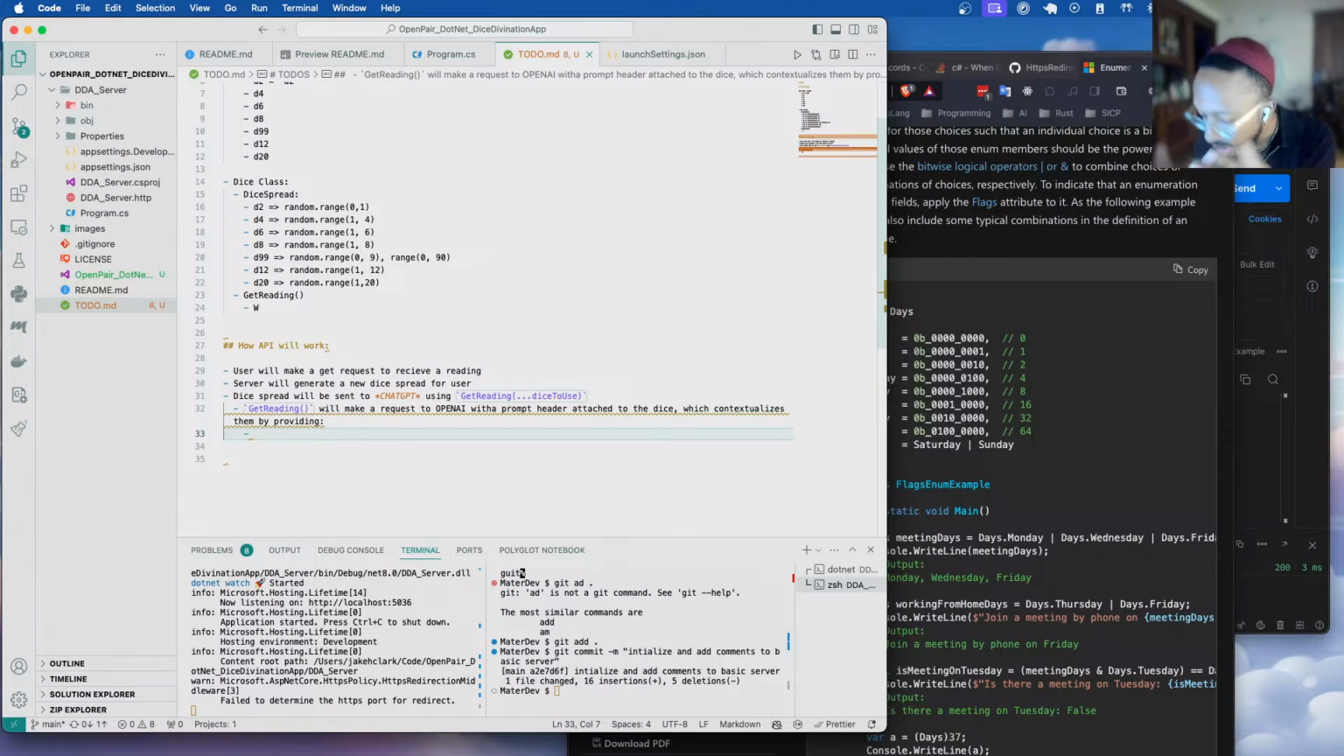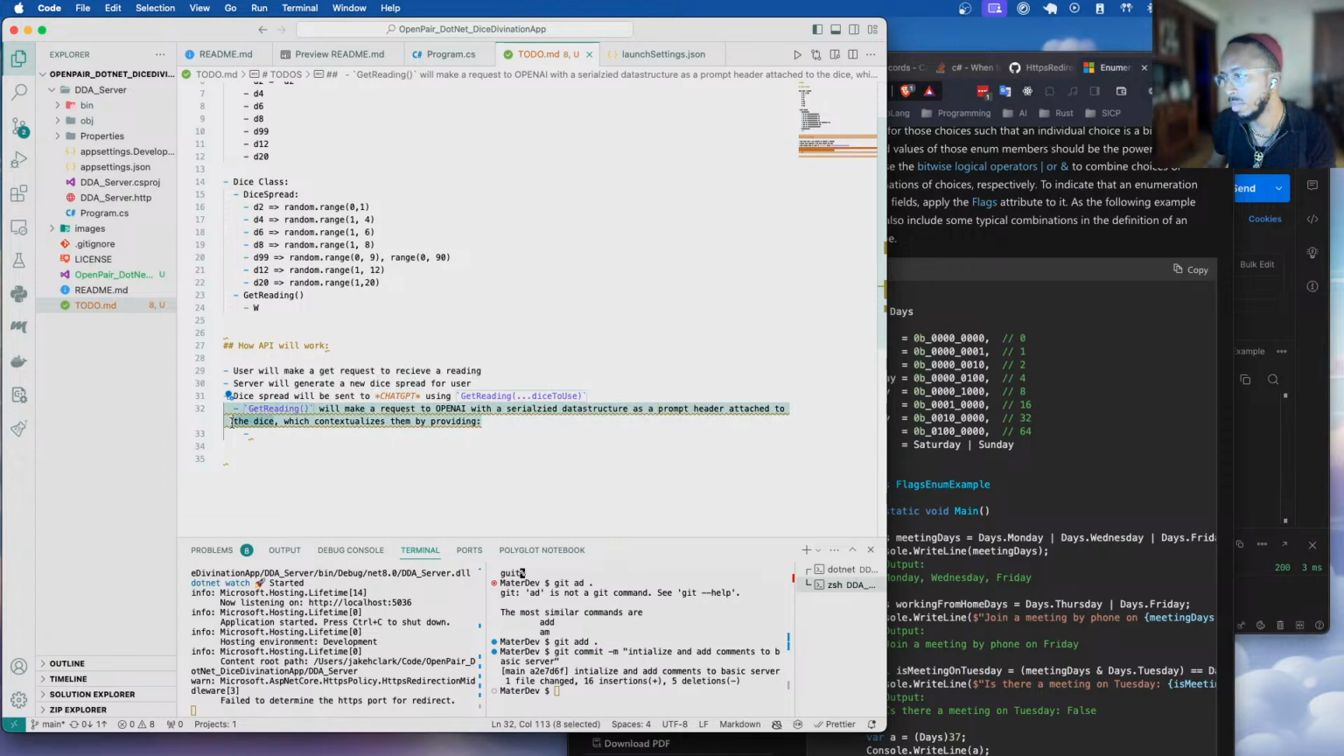This context will include, I think what I want to do is actually have some sort of data structure, a serialized data structure for the prompt header attached to the request, which contextualizes the reading by providing